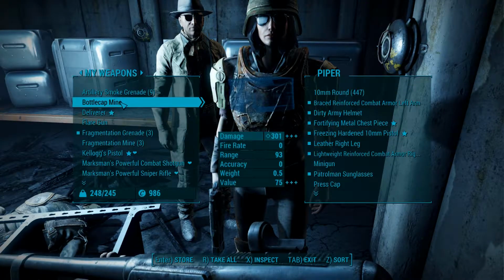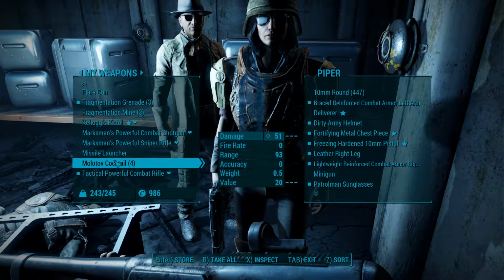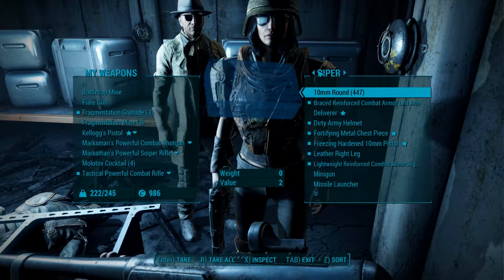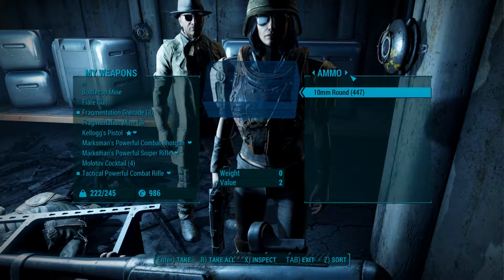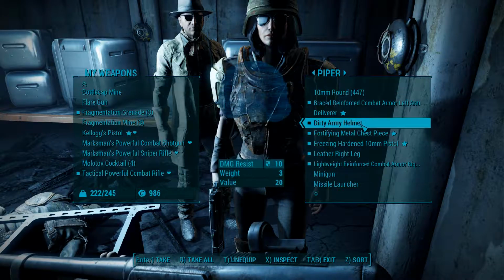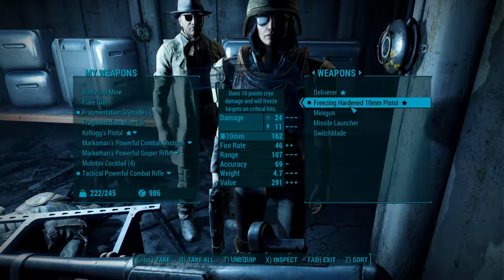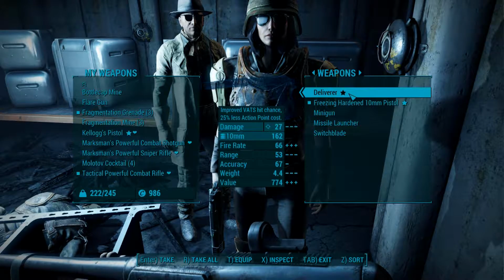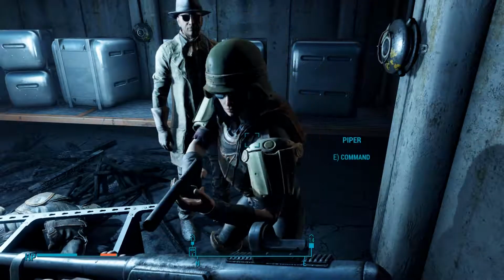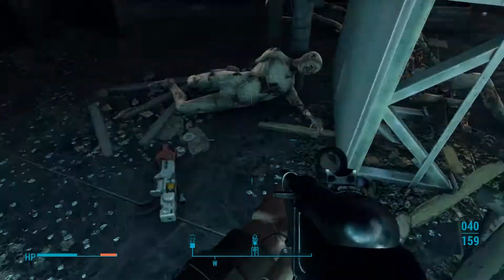That was kinda scary. So we'll toss you the Deliverer, Switchblade, and heck the missile launcher, because you don't have any missiles. So let's see here. Where is... Does 24 damage compared to the Deliverer's 27. We're going to have you equip the Deliverer, since you're a pistol user anyway. Alright. So now that I almost dismissed Piper by accident,